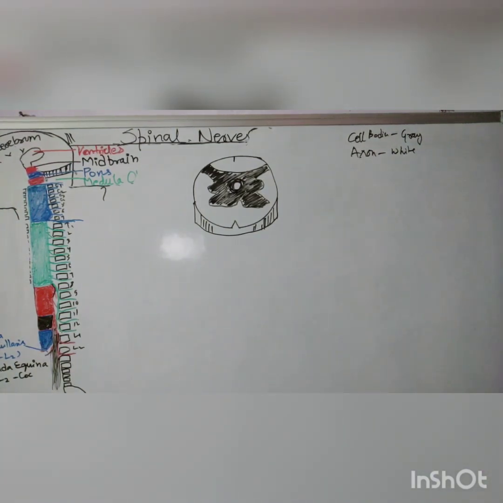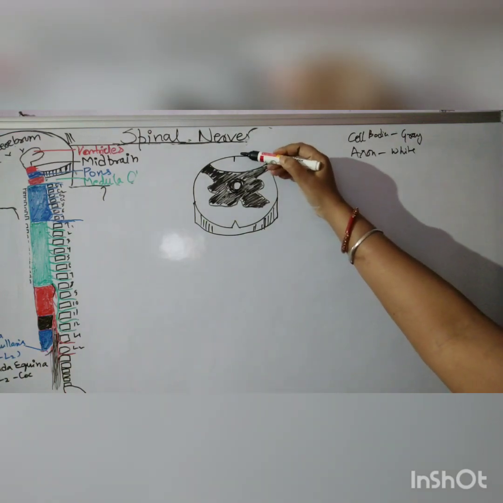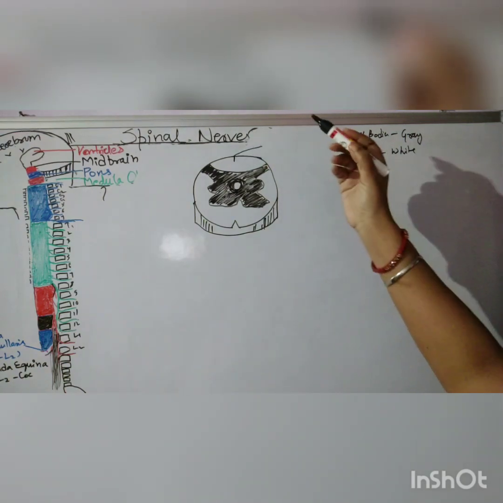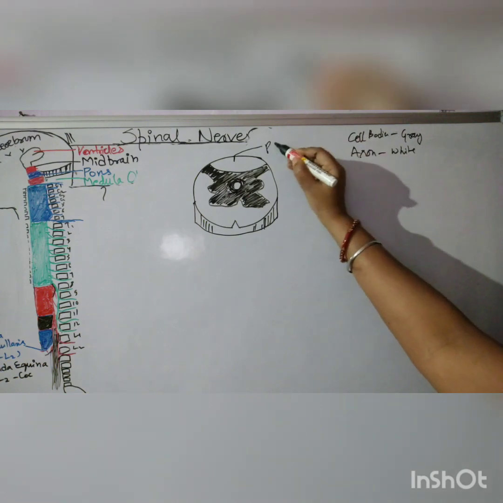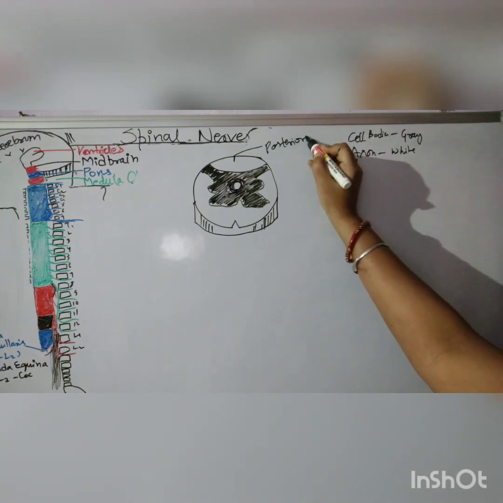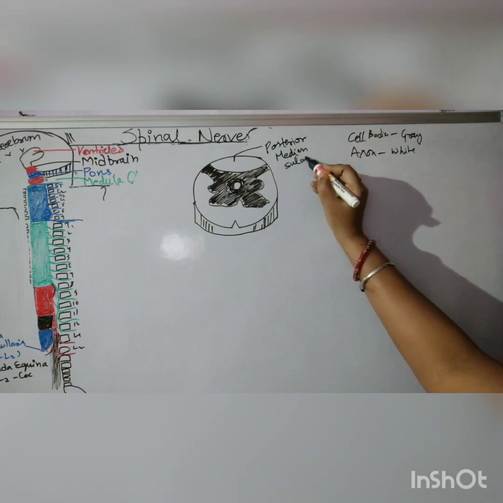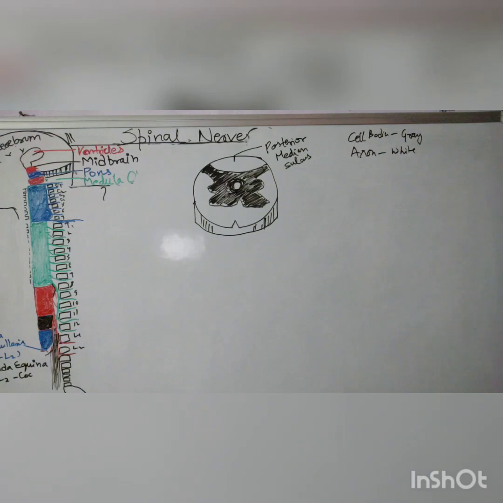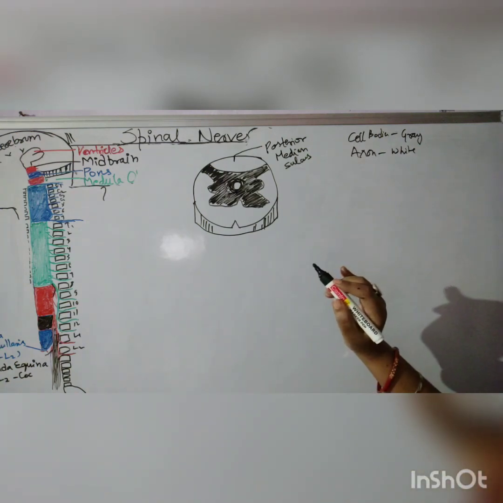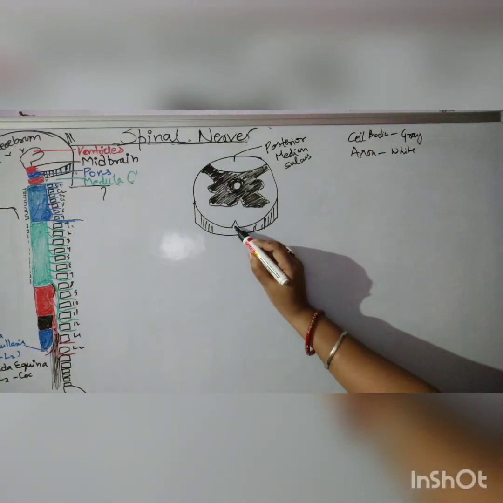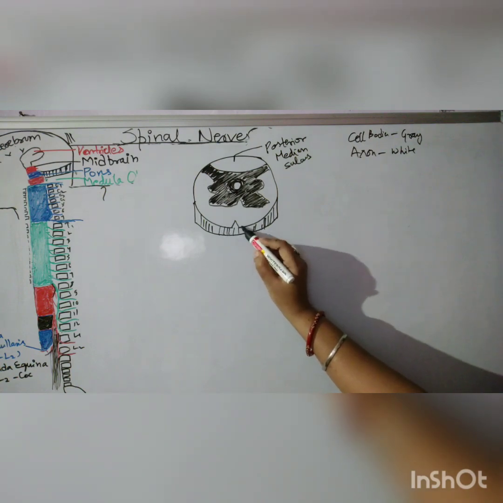Now we are studying the cross anatomy, taking a section of this spinal cord. What is this line? This line which I have drawn here has a name. This is your posterior median sulcus. Clear? Now what is this part? This is your ventral or anterior